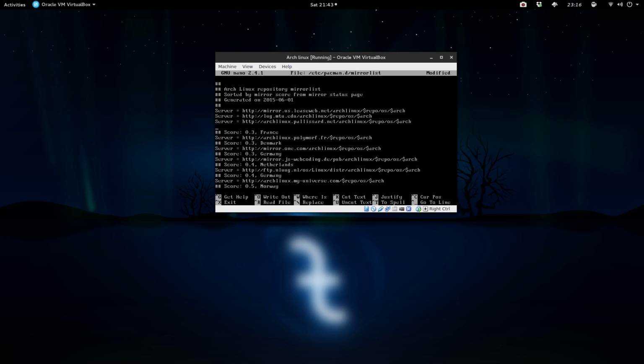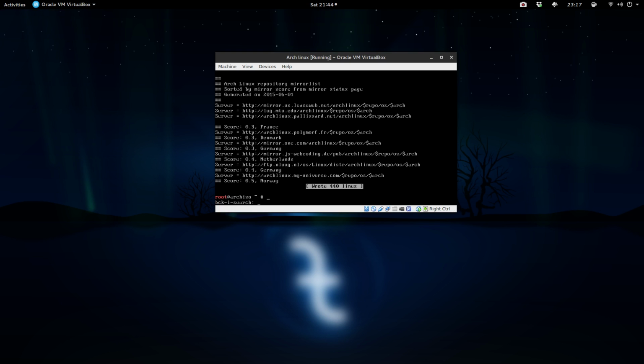Once you're done with that, you're just going to do Control X, hit yes to save, and then click enter. Now that we have the mirror up and running, we're going to generate our pacstrap. The pacstrap is just the base system. So we do pacstrap, space, /mnt, base.